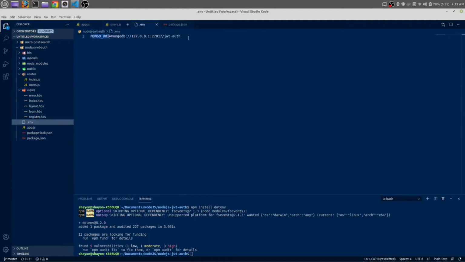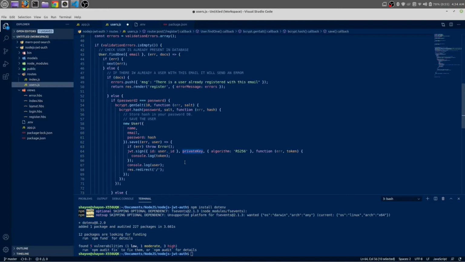Now let's do it for our private key. JWT_KEY is equal, this is your private key, you can name it anything you want, just make it as complex as possible.